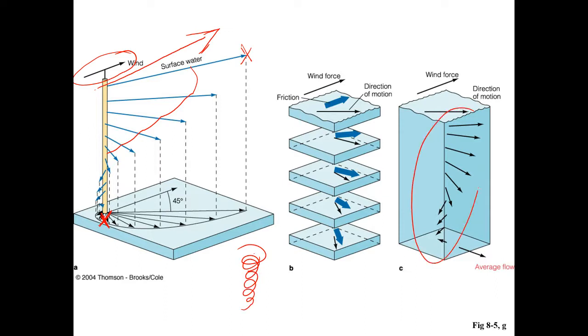So this figure here helps you to see that staircase a little better. This stair is a little wider than this stair, and this direction is different than this one, is different than this one, is different than this one, but only by 30 to 45 degrees. They're going to go in a right angle motion all the way around because we pushed our wind and generated our surface water to move in the direction to which it's pushed, but then to fall based on the Coriolis effect. So it will also appear clockwise or counterclockwise, just like the gyre,